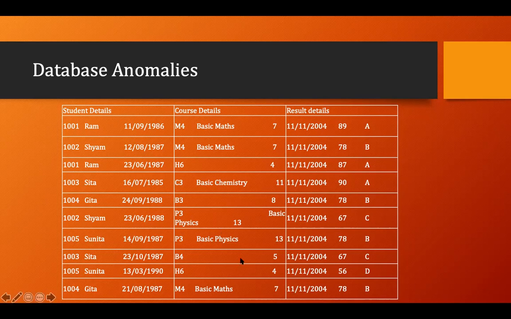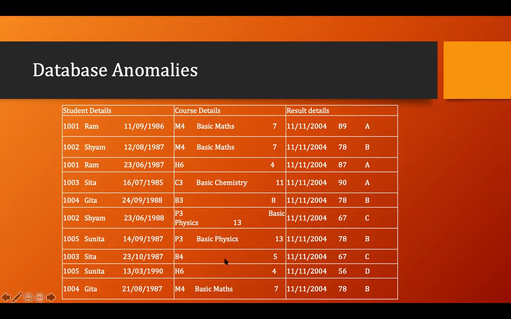Any individual data. So what we'll do is split the table into three different tables. Let's say we have the student detail in a separate table, course detail in a separate table, and result detail in a separate table. So what will happen is if any new student comes into the institute, I'll put the student detail in the separate table. I don't have to bother about the registered detail, as well as if a new course will be introduced, I'll put the course detail here without bothering about how many students have registered for that particular course.